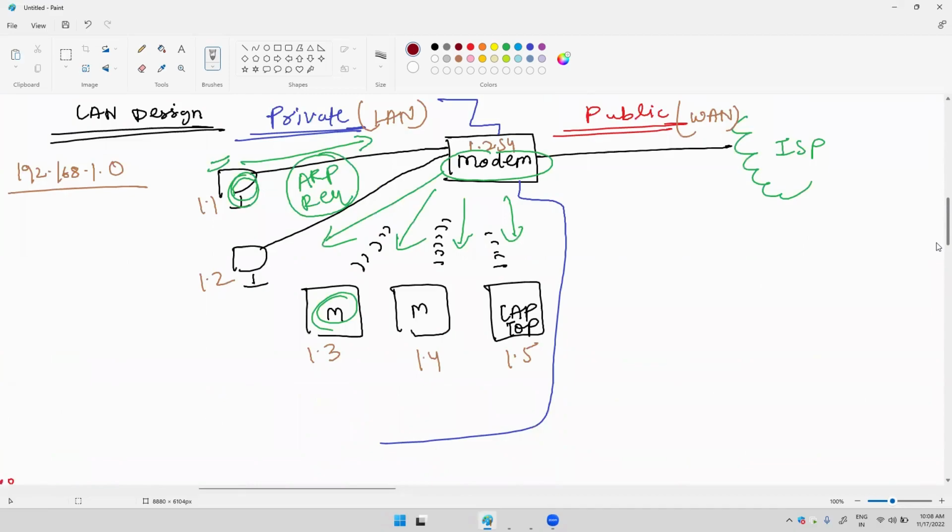So in this design, if I'm using class C, how many total addresses are available on my LAN side? 256 addresses. But how many addresses do we already use? For example, we use 15 addresses. So how many remaining? 216. Is it possible to assign these addresses? No. So first issue, we are getting